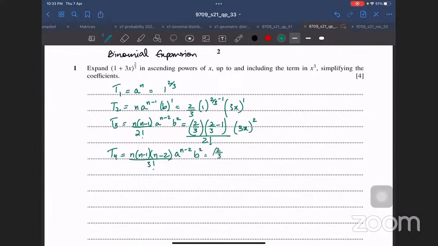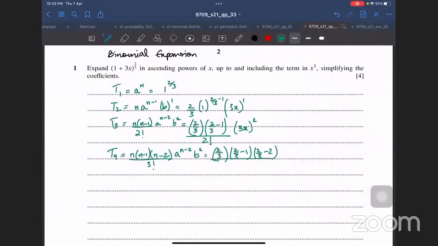So I get 2/3, (2/3 minus 1), (2/3 minus 2) over 3 factorial, 3x cubed. I will have to put each term on a calculator. This becomes 1. This was simple. This becomes 2x. Okay. Putting this on a calculator gives me